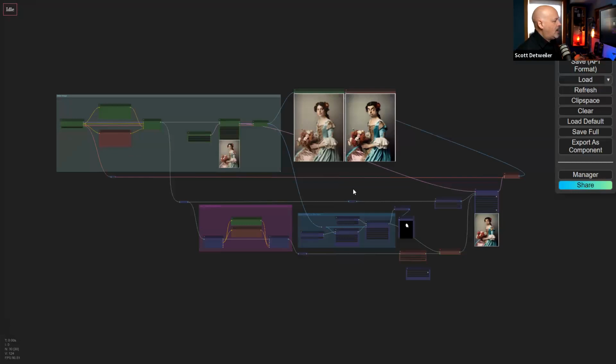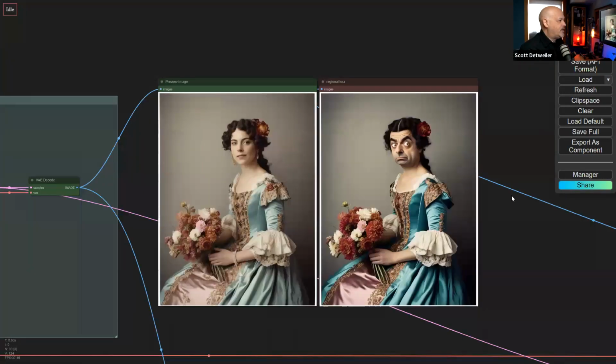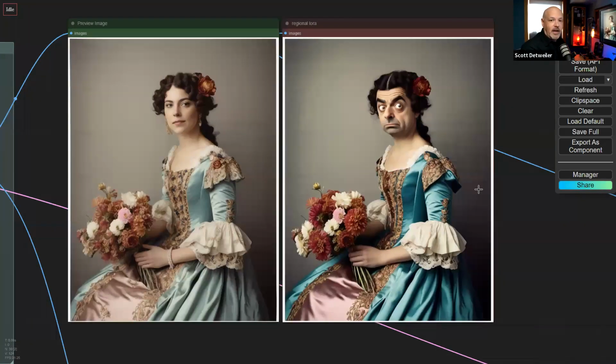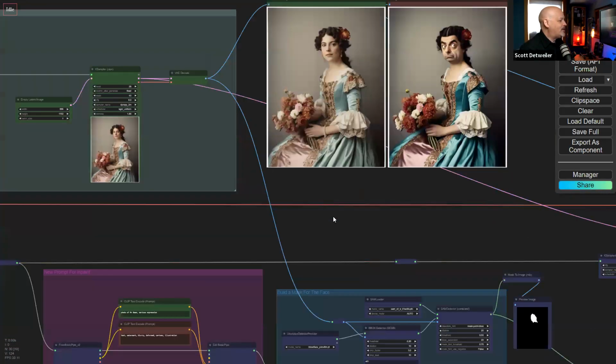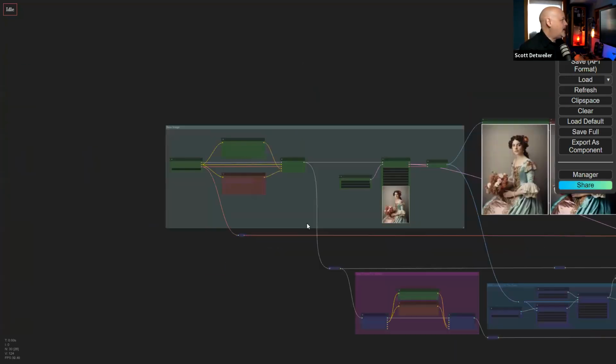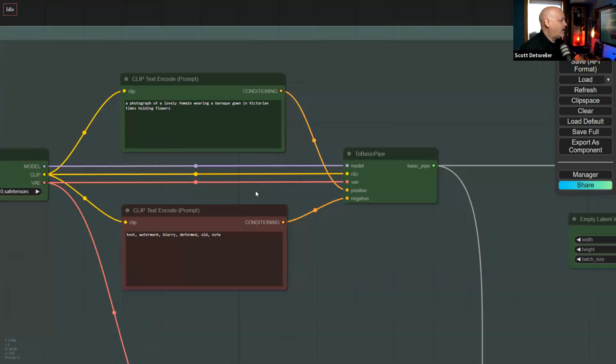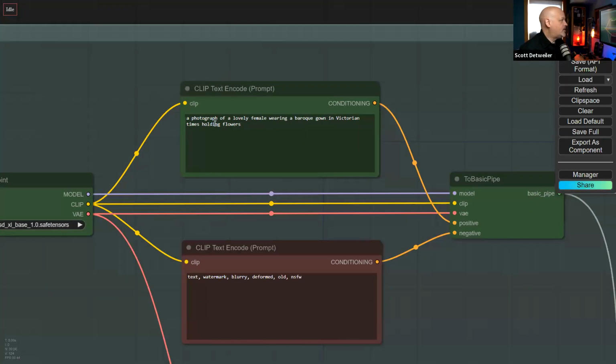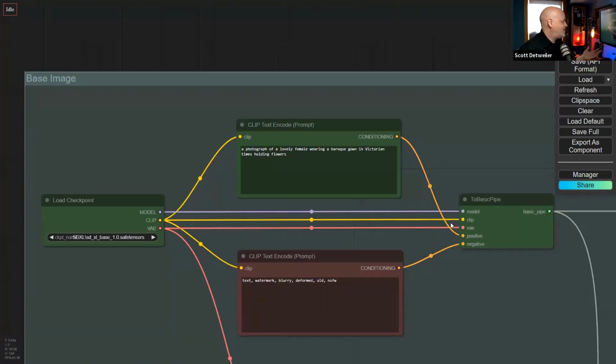So here, this is a typical Comfy graph. You can see me doing serious business here, where I'm taking pictures that I've generated of Victoria and Lemon and then replacing them with Mr. Bean's face, because I can, basically. And the workflow is not that complicated. But what's nice is that once it is done, I can fall back into that mentality of the Automatic 1111 universe and focus specifically on the prompt engineering, knowing that the rest of the workflow will continue to work as it should, meaning it's going to replace everybody with Mr. Bean's face, which is the goal here.